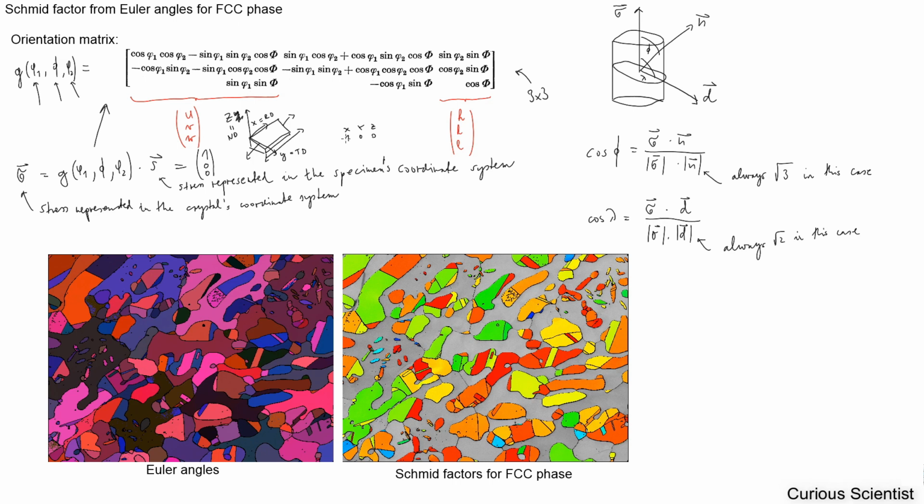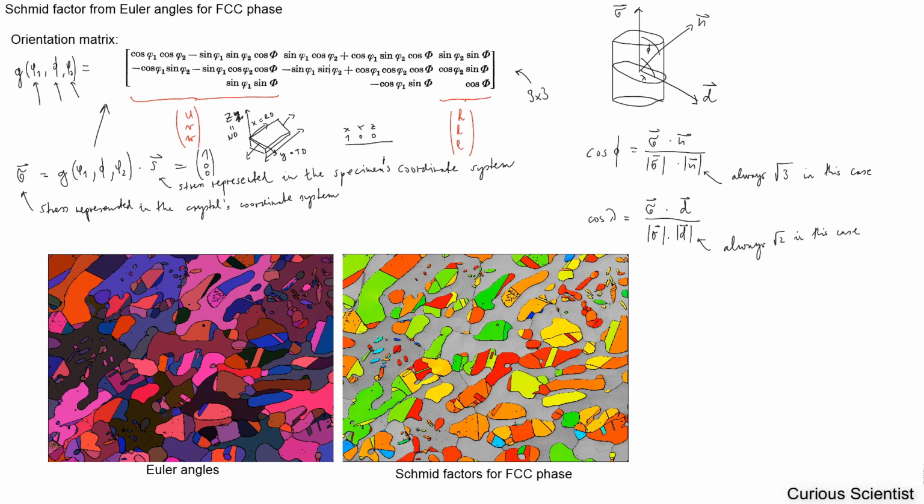I just tell this example that we have the x-axis here. We picked that as the tensile direction, or the direction of the stress, and we try to represent that within the crystal's coordinate system. So to bring this stress into the crystal's coordinate system, we just have to multiply this